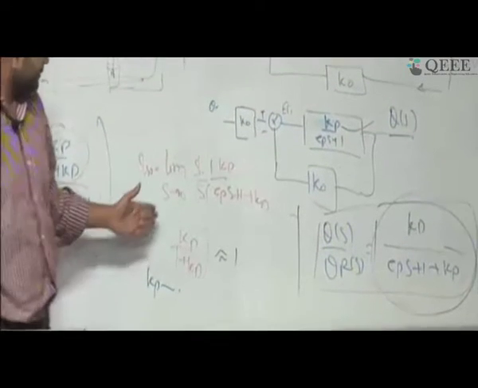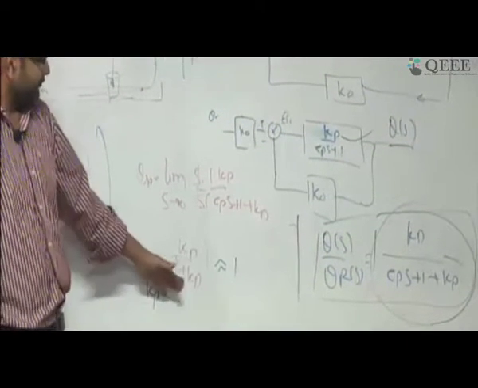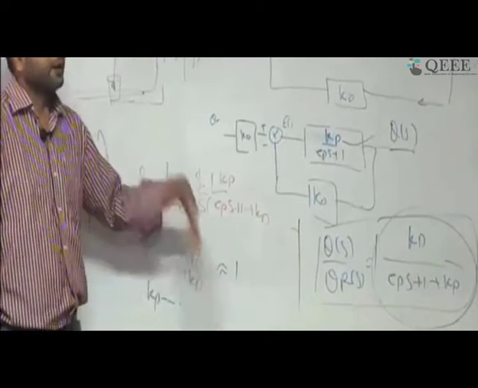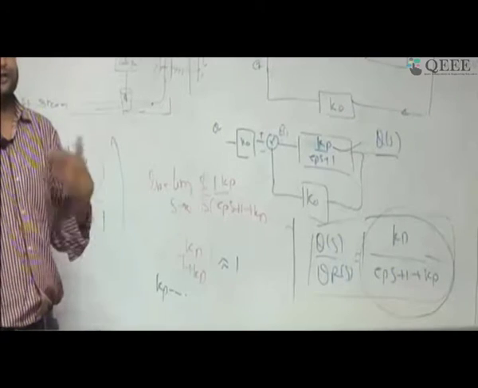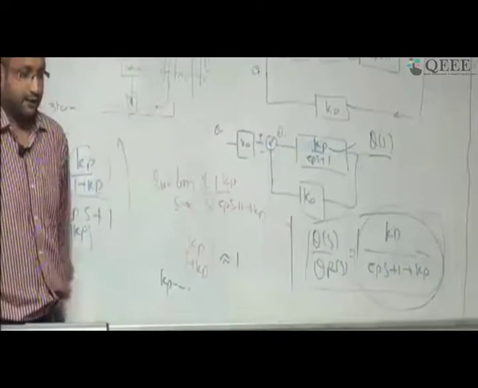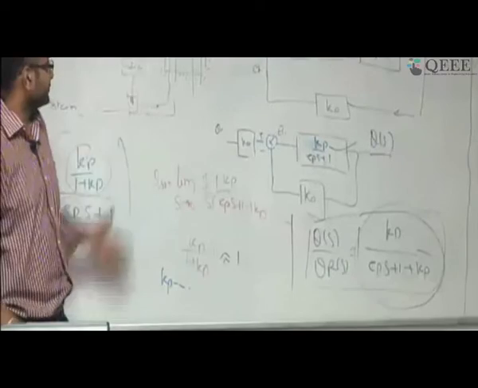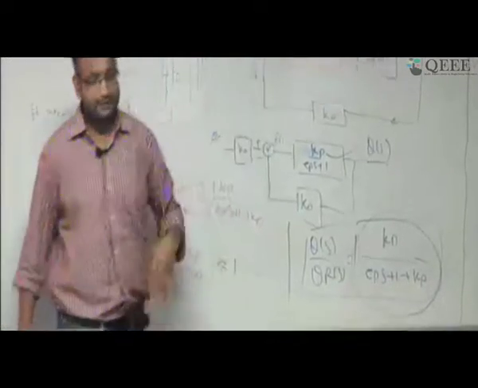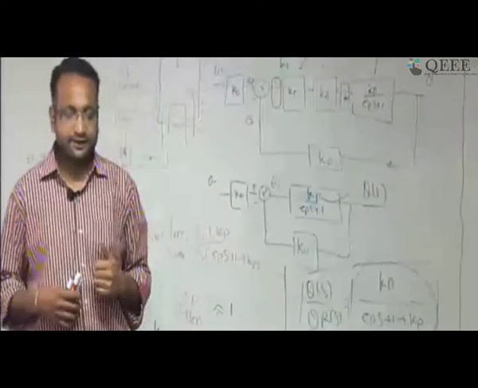Okay. And the other part is the steady state value. If you keep making Kp very high, this quantity will go close to 1. It means the system is going to steady state value 1, that is desirable. Okay, fine. So this we have understood from this part. If you are adding a proportional controller, then what is happening and what are the advantages we have seen.